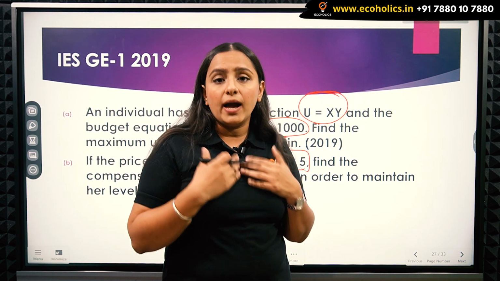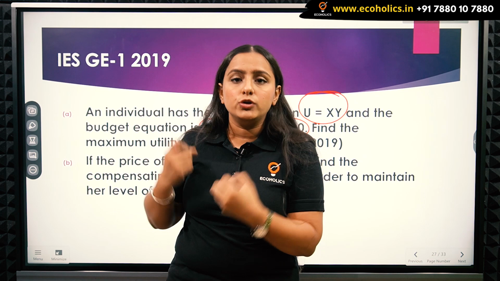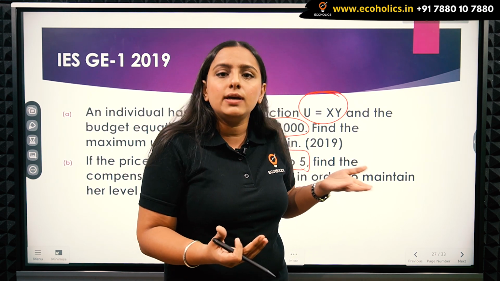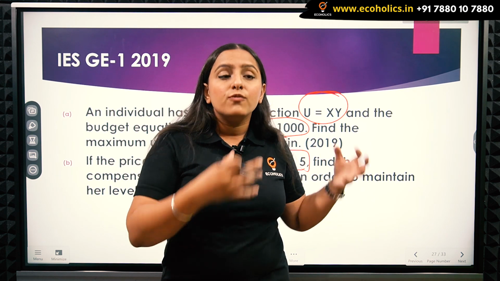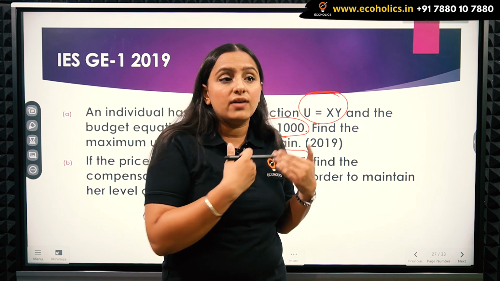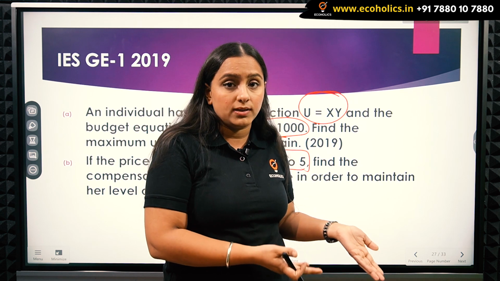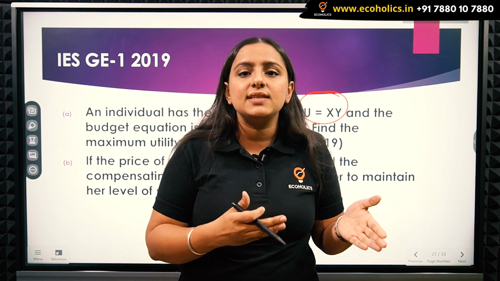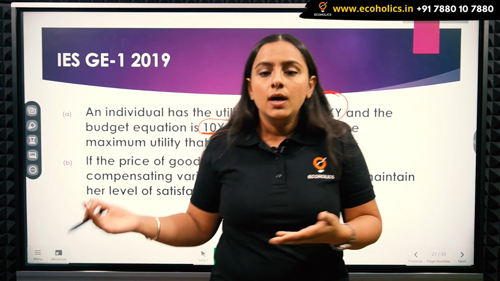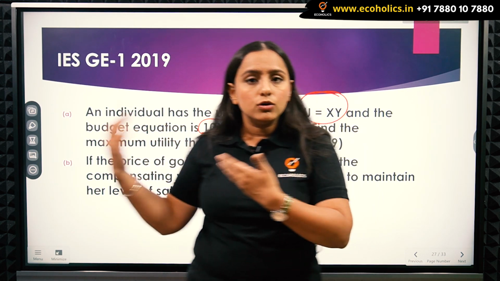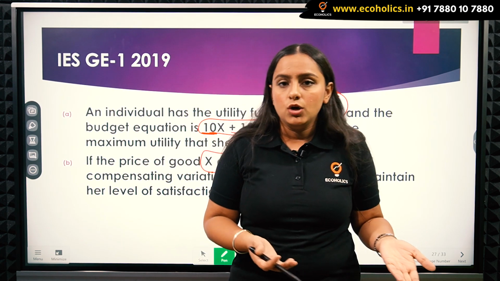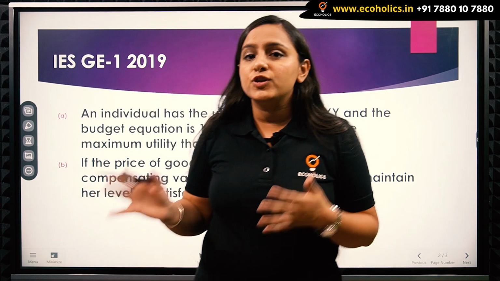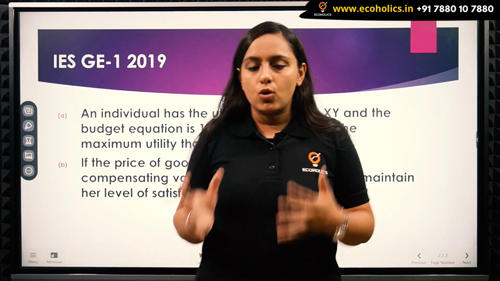Of course, if I am a consumer and the price of some good I am consuming falls, then my real income will increase, because now I have to buy X at lower prices, so whatever part of income is left with me, I can utilize elsewhere. I can buy more goods, I can buy the other good Y also, I can do anything I want. So I want that level of income which would keep my utility constant.